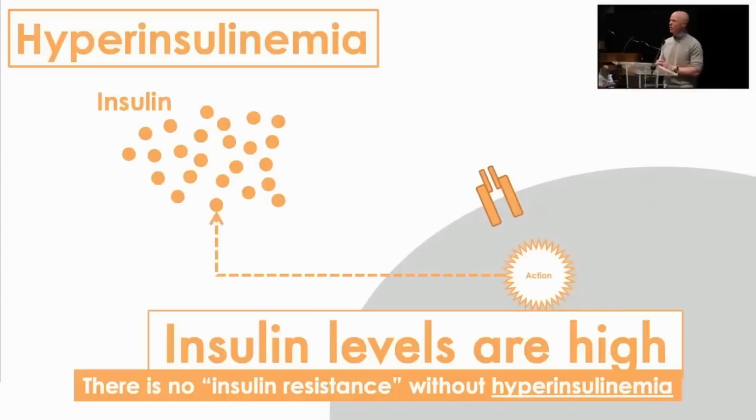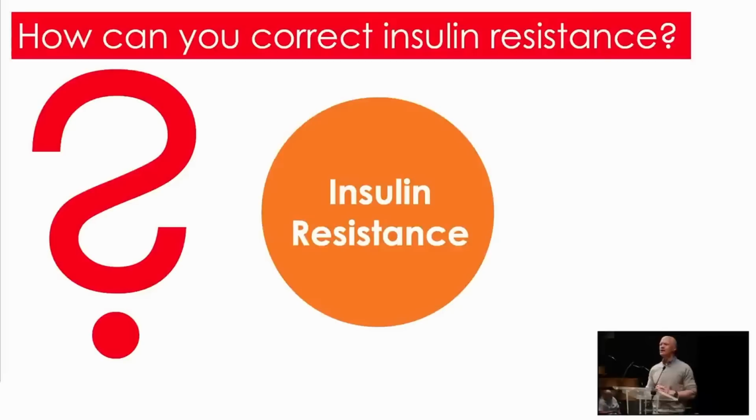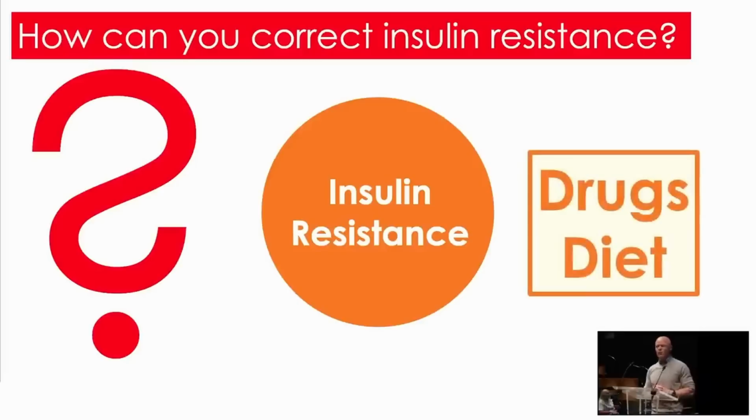So, back to this view, where I described how hyperinsulinemia is a consequence of the insulin resistance, you're now understanding the idea that it's also a cause. This becomes a vicious cycle that just keeps accelerating more and more as long as the person continues their habits. Now, how can you correct insulin resistance? There are multiple ways, actually, but drugs and diet are the main ones. These are the ones I want to focus on because they're often the most leveraged. And rightly so to varying degrees.